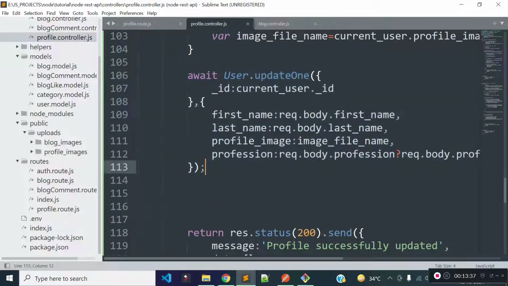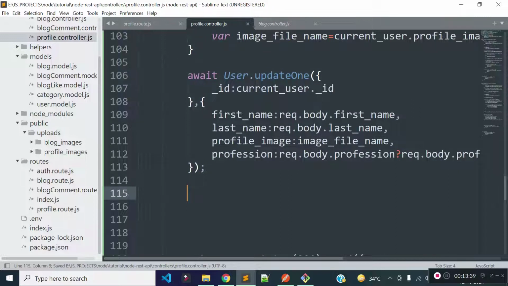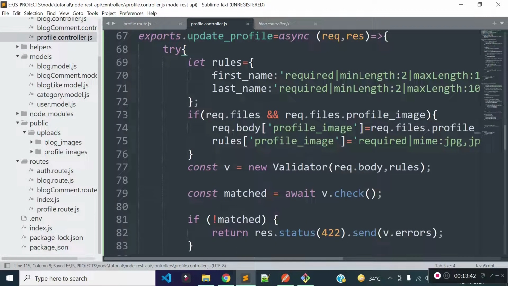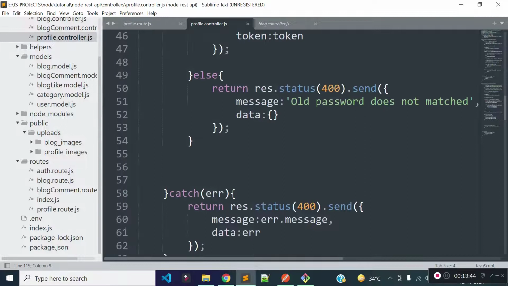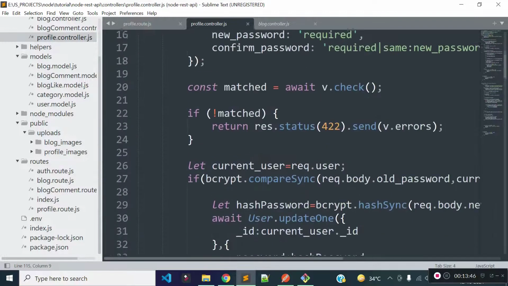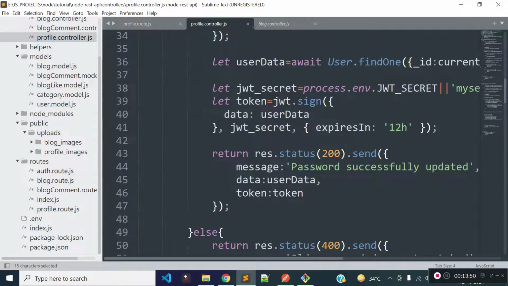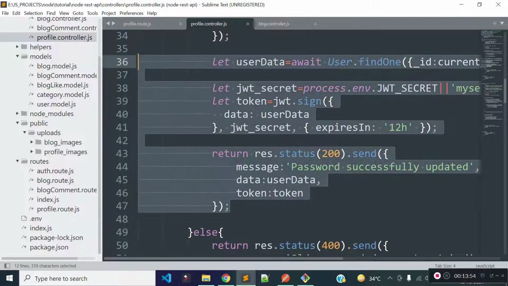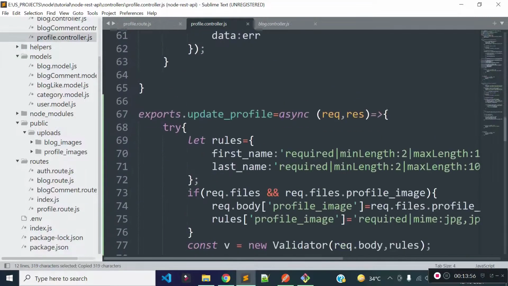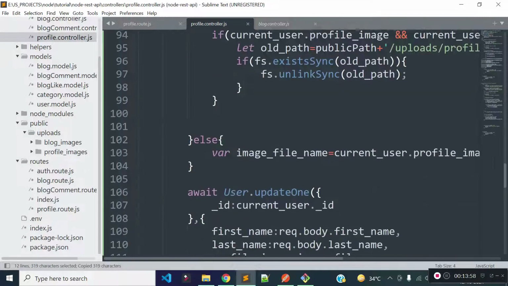And after updating the profile, I'll generate the token again, because we updated user data, right? So we need to generate a new token with the help of the JWT library, and we already did this inside our change_password method during changing the password. So we can take the code from there, so let's copy the code from there and paste it here.